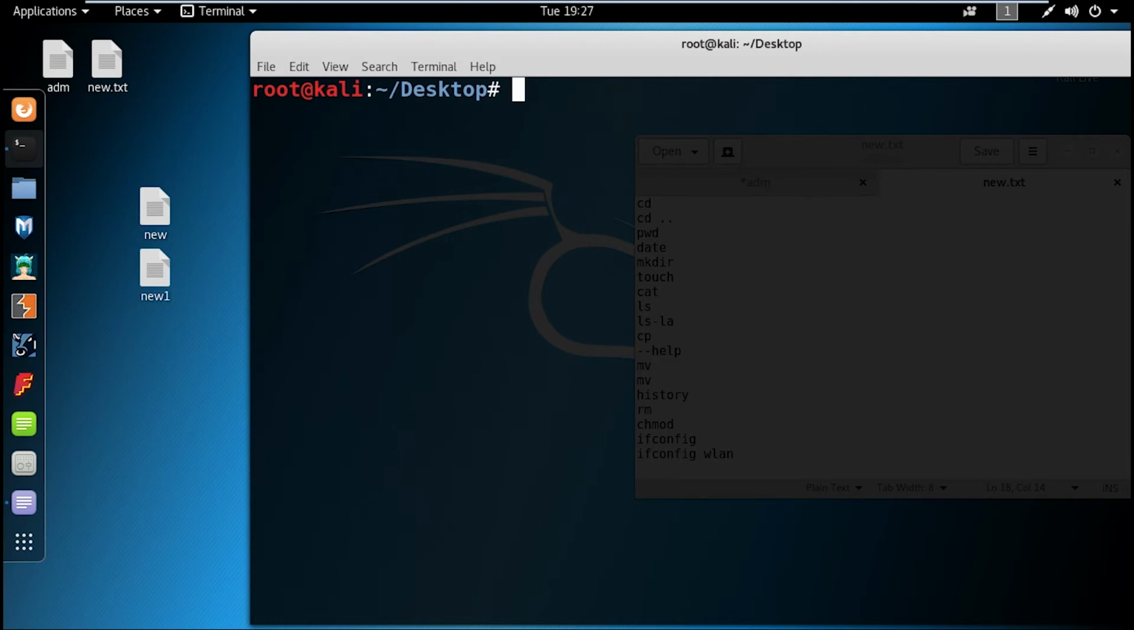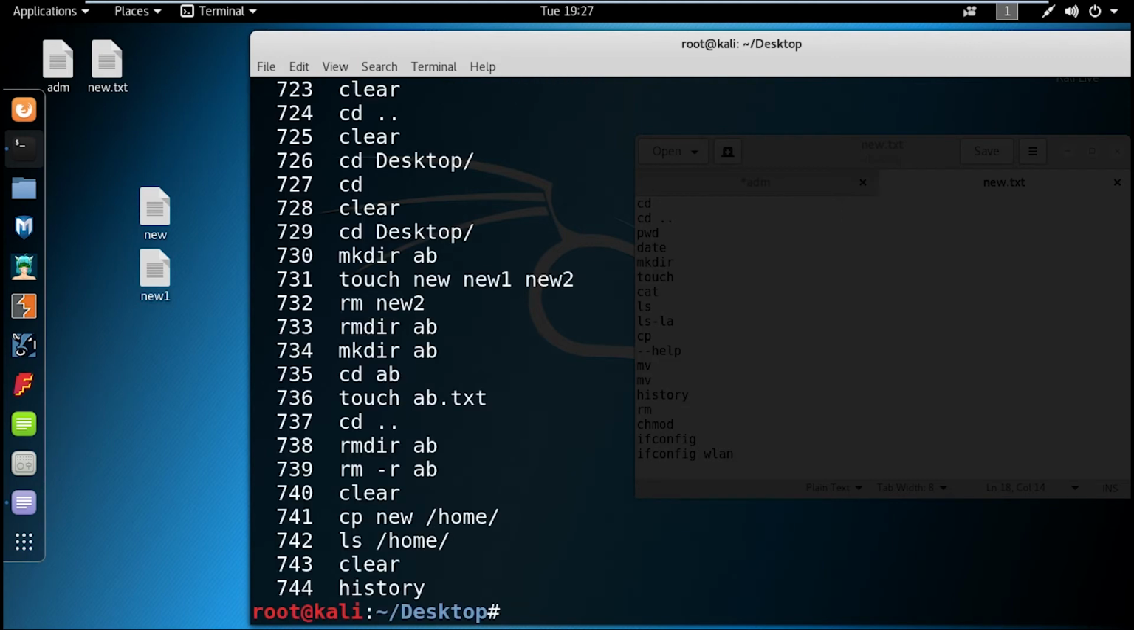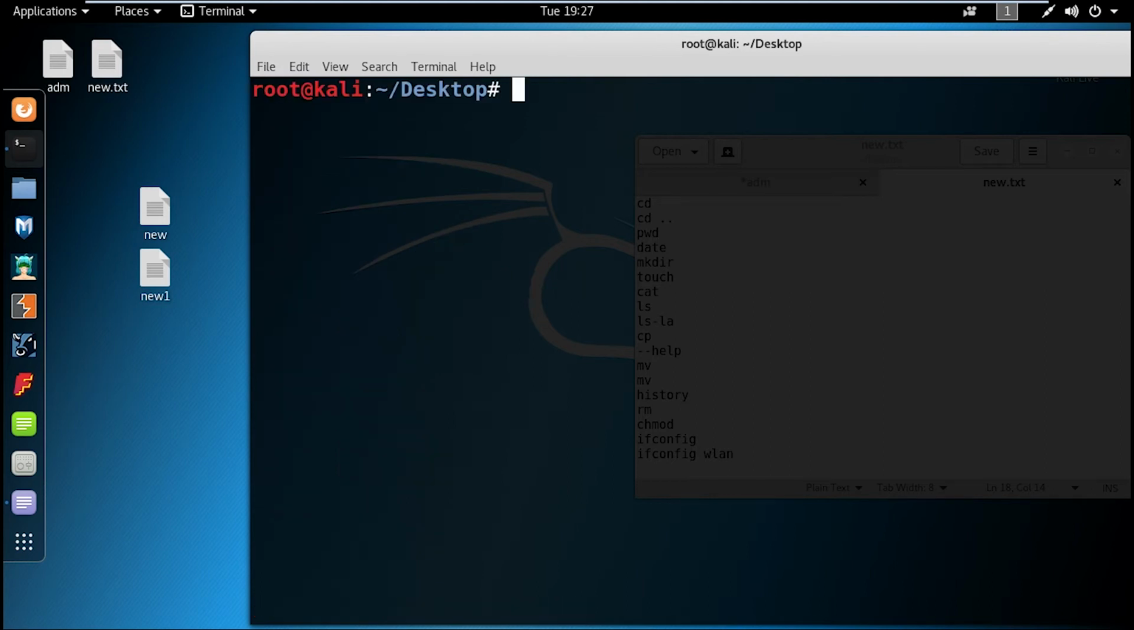So next up we have history command. So I will just type history and it will show me all the commands I have used till now. So let's clear this, and